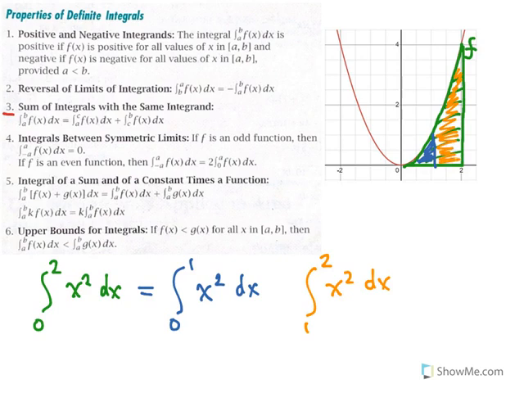And you can see visually that it makes sense that if you add these two areas, that would be equal to the original area that we had to begin with. And that's what the third property is stating. Sum of integrals with the same integrand. So if the integrand is the same,